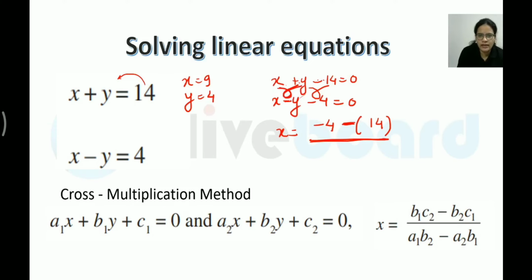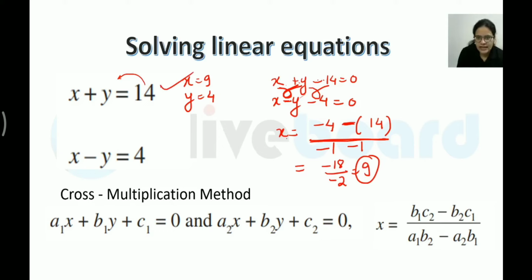So 1 into minus 1 would be minus 1. And 1 into positive 1, that is nothing but 1. I hope all of you are getting it. This value would be minus 1 and I am subtracting it from the other product, that is 1 over here. So I hope it is clear how I have calculated the value. Now you can divide this. What will you get? Minus 18 divided by minus 2. What are you getting? X value as 9. Directly I got the first value as 9 in this case.